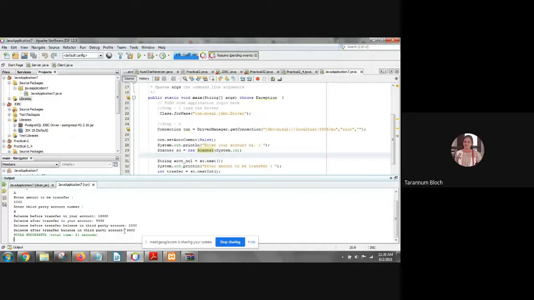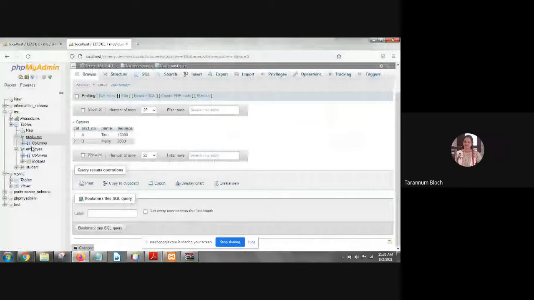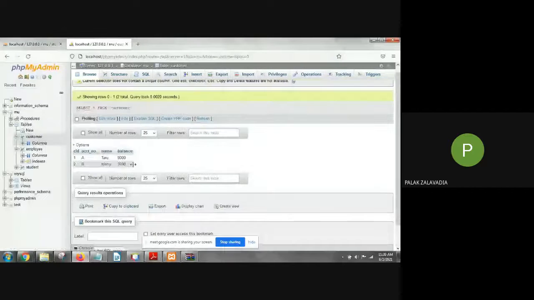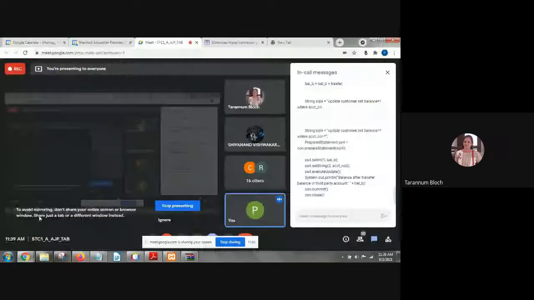You have to refresh the table. Go to the database. Browse again. Go to your MySQL database. Refresh it. Click on the browse again, it will refresh the page. After transfer, it is 9,000. Fine? Yes, ma'am.